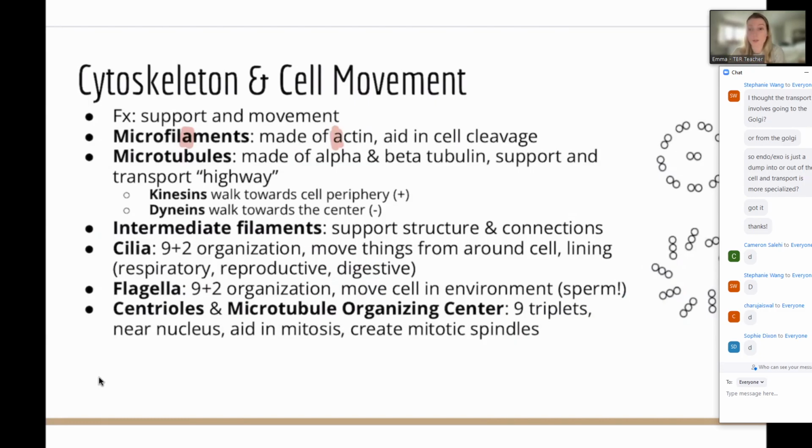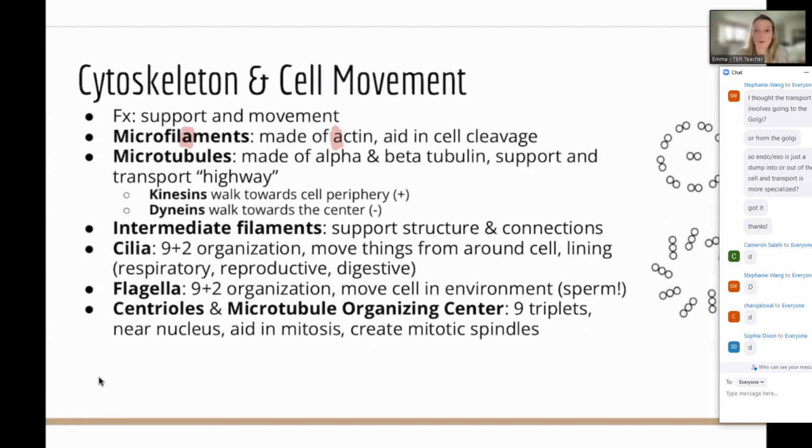Intermediate filaments are also part of the cytoskeleton. They're going to support things and help make connections. We'll see that when we look at cell connections a little bit later. And then we have these movement additions, and they technically are made of microtubules, which is why they're included in here. We have cilia and